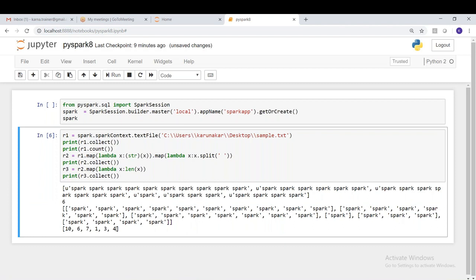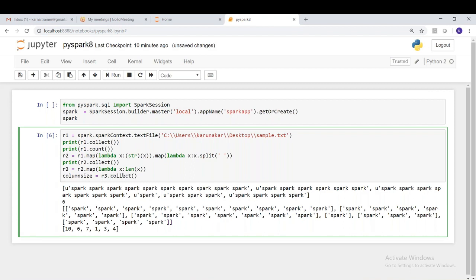But we have to find out what is the maximum value. That means out of this collection, we have to get the result as 10, isn't it? We have to get the result as 10. Then how are we going to get it? We can get it like this, column size. That means the number of columns that have to be generated.